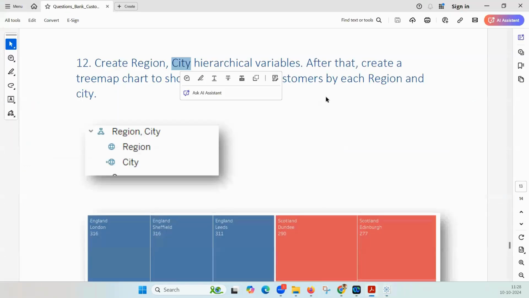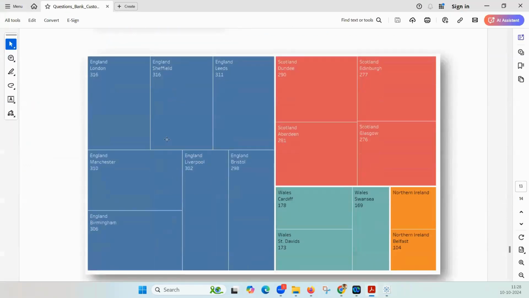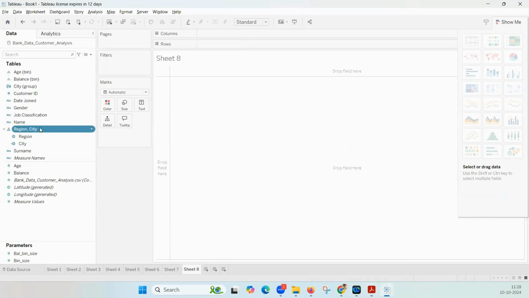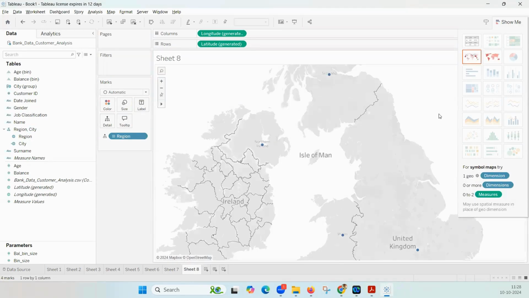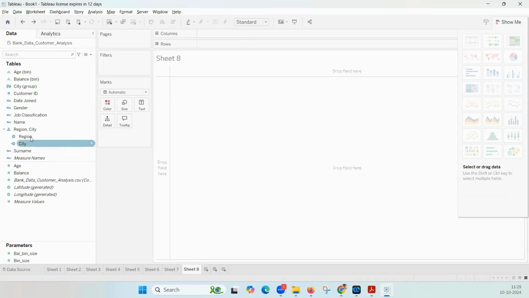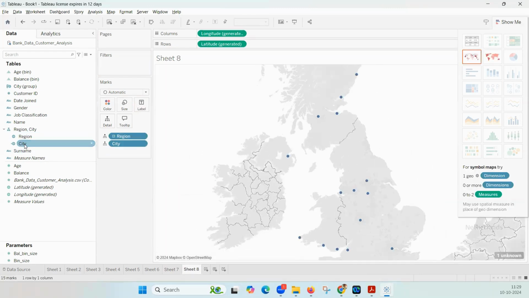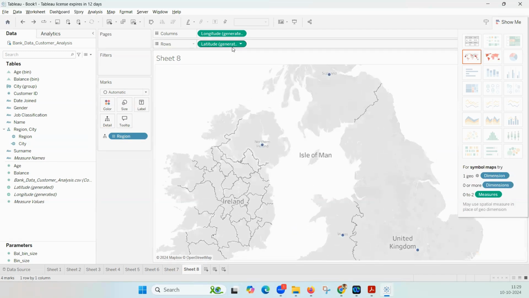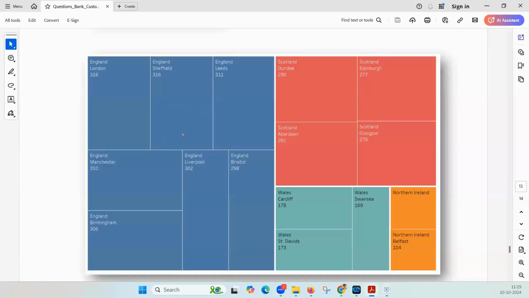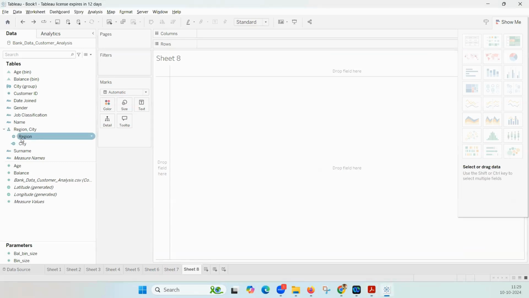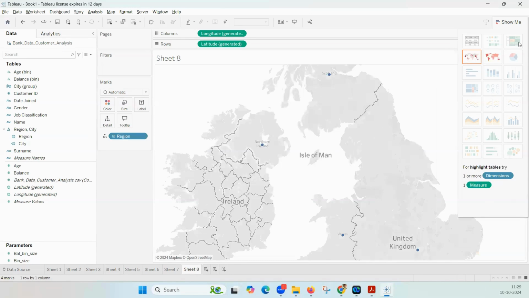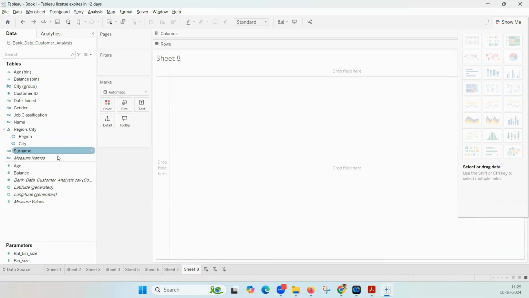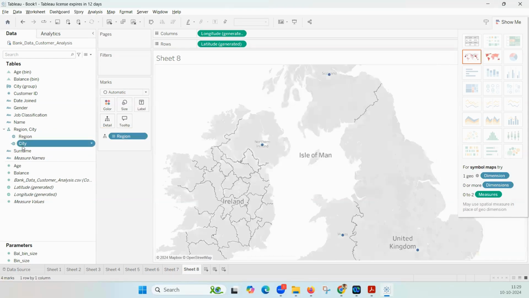So what is the exercise? Create this type of chart. So I will try to use this hierarchical variable. Directly it is taking this one. Maybe first I'll pick region, then city. Then the chart that we have to create is this one. So we will try to make that chart with region and city. Let me pick only region. This chart is not getting highlighted. We will try to do it in some other manner, with region, city,